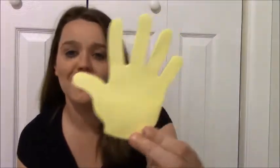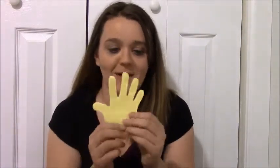Okay, I actually went to the Dollar Tree a couple times, and one of the times I went with my husband, and he picked out these. He's never excited to go to the Dollar Tree, but he picked out these. These are sticky notes, and they are kind of funny because you can bend down the fingers to make a